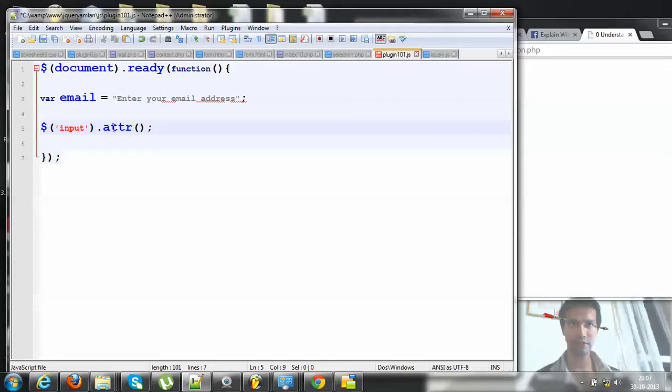We have written input, and then we have put square braces, and then here is the type attribute, and then inside quotes again we write email, which means that we have selected all the email type input elements on the page. And what do we want to do with that? Well, we want to select the value attribute and change it. The way to do it is to have two quotes here and then another two quotes here. The first quote by default contains which attribute you want to change. So when I want to change the value attribute, which is empty by default,